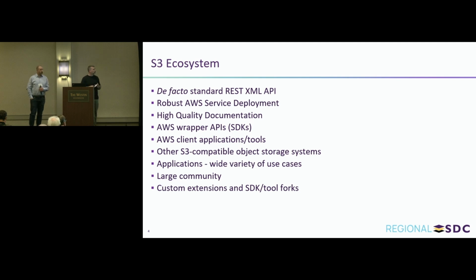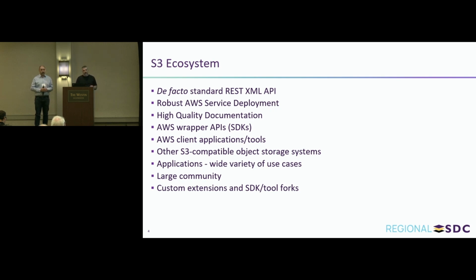Okay. So before we talk about the community and the testing and the problem we're trying to tackle here, I think it's important to have a mental picture of what the S3 ecosystem looks like currently. This isn't an exhaustive list either, but I think it's complete enough for what we're talking about today. At the heart of it all, you have a de facto standard REST XML API. By de facto standard, we mean that it's widely adopted and used, even though it hasn't been formally recognized by any standards organization. You have a robust AWS service deployment for which the API was created, high quality documentation,